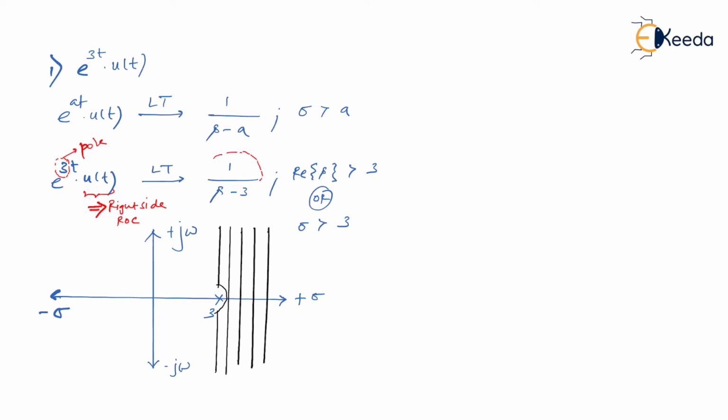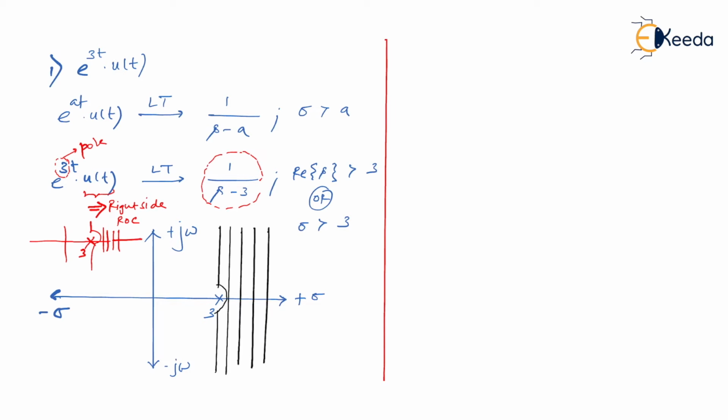So even without solving for the Laplace transform, one can get the ROC directly, because it happens in GATE questions that they may not ask you the Laplace transform, but they can ask you only for the ROC. Then it is very easy to identify the ROC. The pole is residing at 3, so we can mark our pole 3 like this. And then since it is multiplied with u of t, the ROC will be on the right hand side. Therefore, it would be like this. Am I right? So these are little tricks which we need to study, even from a GATE point of view. Of course, you should know the detailed procedure to get a Laplace transform. Along with that, you should know the detailed concept to get the ROC.